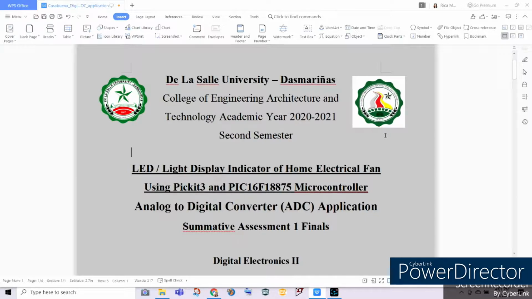So for today's episode of our Digital Electronics 2 lecture, we will be having our summative assessment 1 for our final period, which is an application of analog to digital converter or ADC, which will enable us to create a program that is applicable to our present life. This is entitled LED Light Display Indicator of Home Electrical Fan, which is our typical electric fan at homes, using Pickit3 and